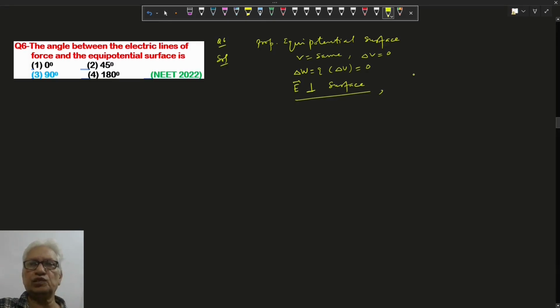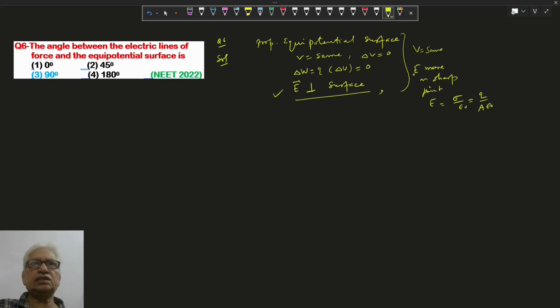Voltage is the same, but electrical field is more on sharp points. The formula here is sigma on epsilon naught, and this electrical field is reciprocal of area. Here it is asking electrical field perpendicular to potential surface everywhere. So here theta is 90 degree. Option